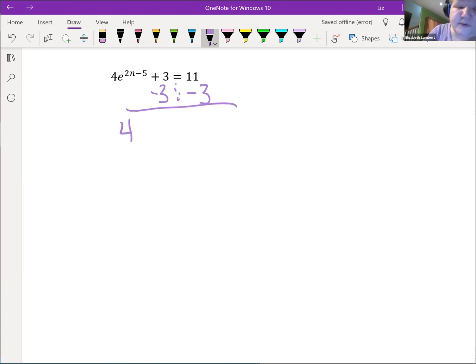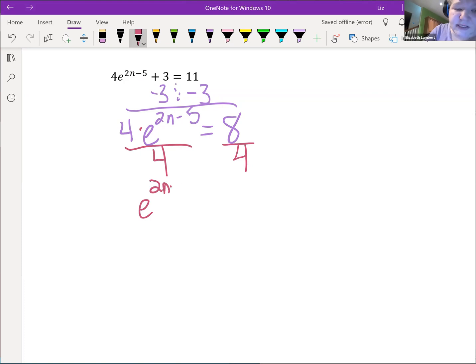So now we have 4e to the 2n minus 5 equals 8. And now I don't like that 4 being there. So that's 4 times e to the 2n minus 5. The opposite of multiply is divide, so we divide both sides. Now we have e to the 2n minus 5 equals 2. All right, so we got the e by itself. Now